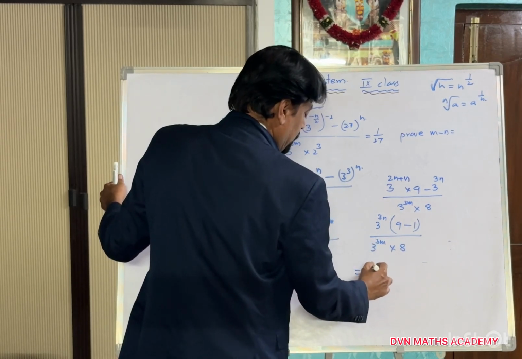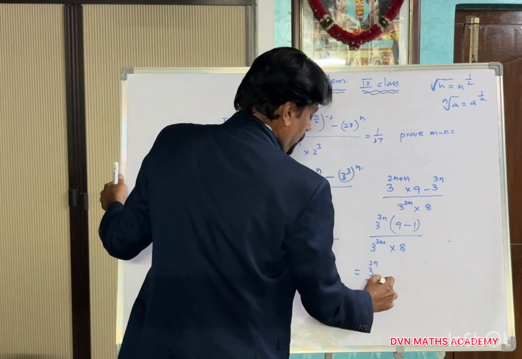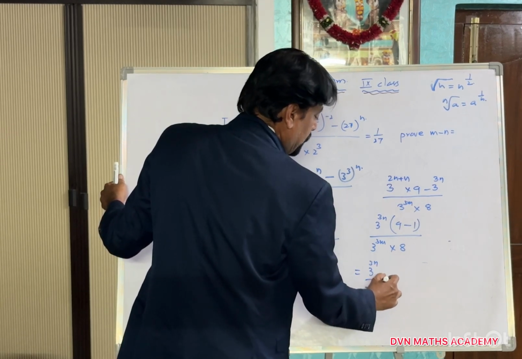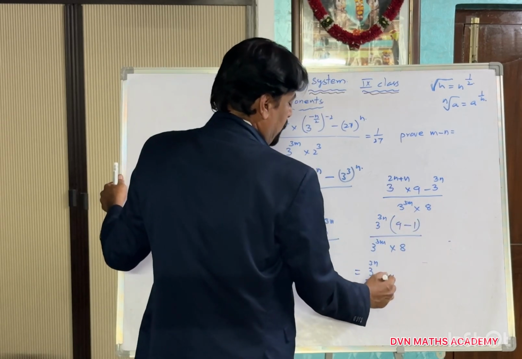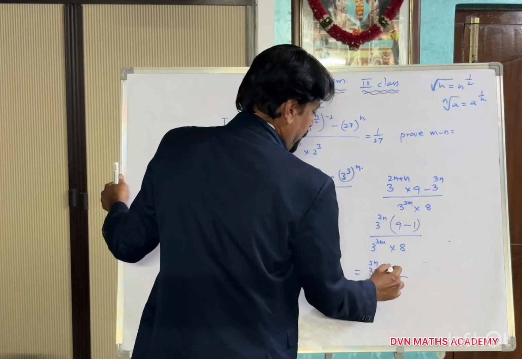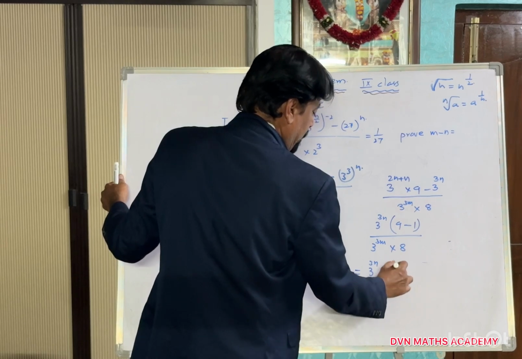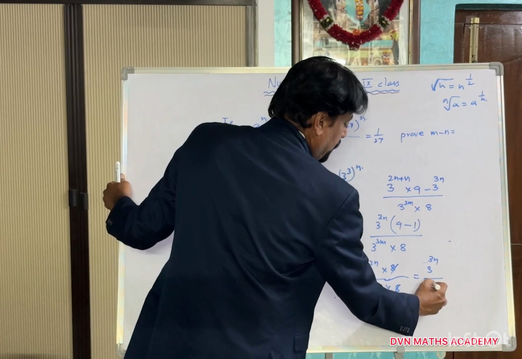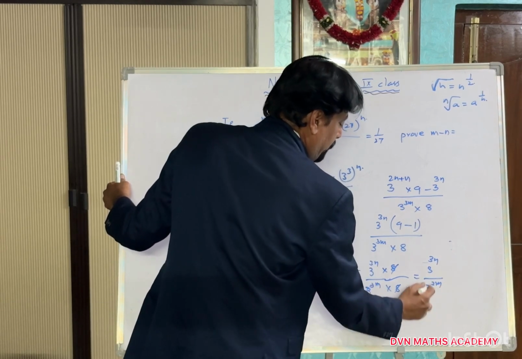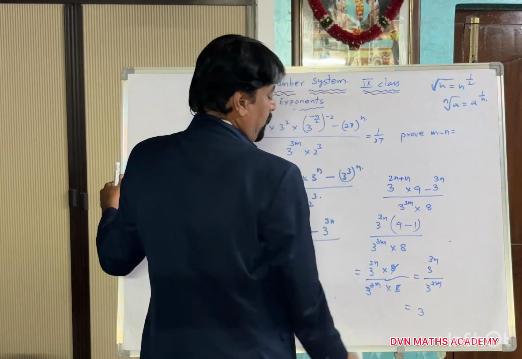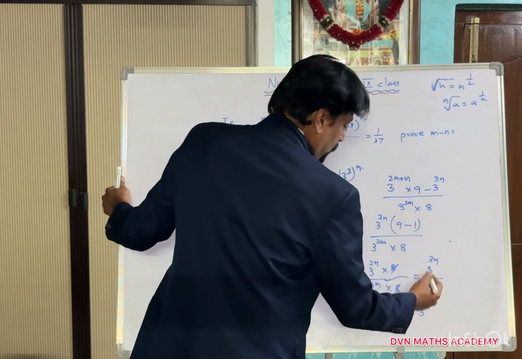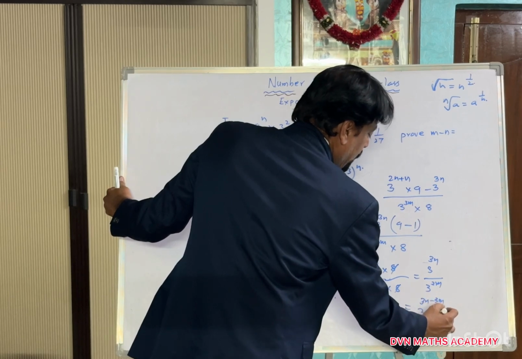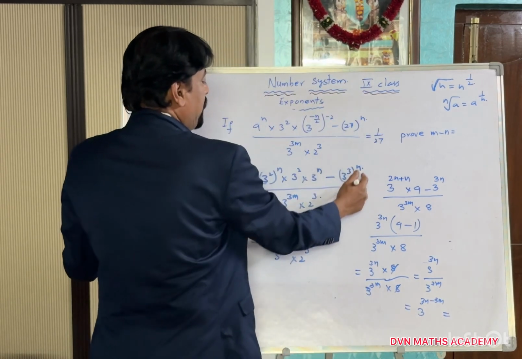This becomes 3 to the power of 3n by 3 to the power of 3m into 9 minus 1. Okay, I will write one step again. This is 8 into 8, 8 and 8 cancel. We will get 3 to the power of 3n by 3 to the power of 3m. Then the bases are equal. A to the power of m by a to the power of n is equal to a to the power of m minus n. This is 3n minus 3m